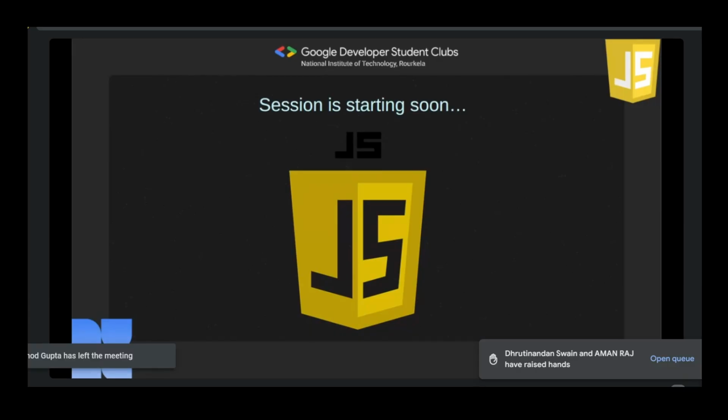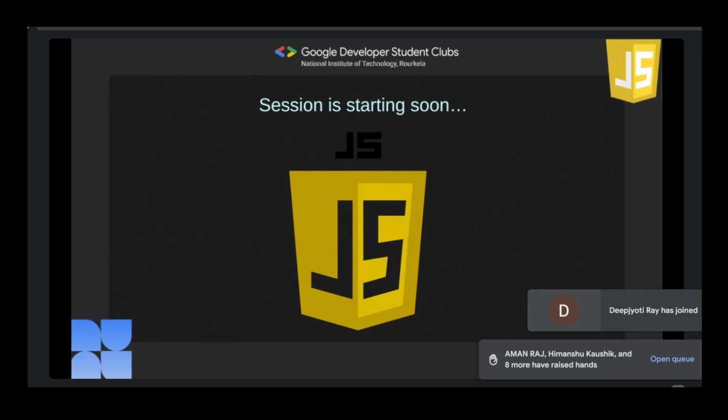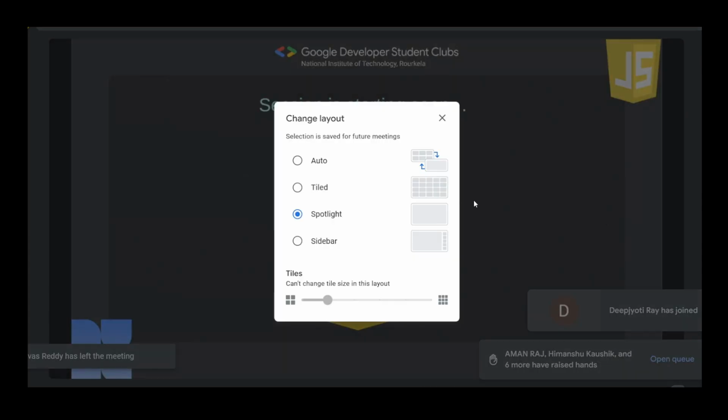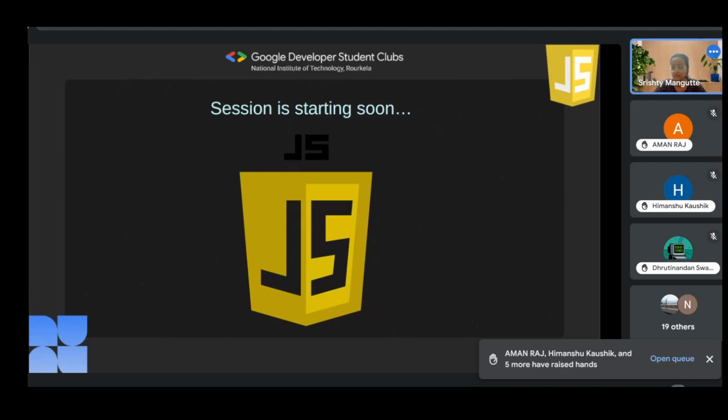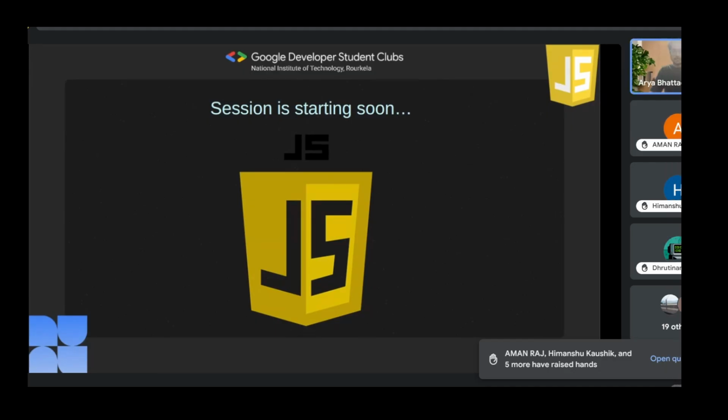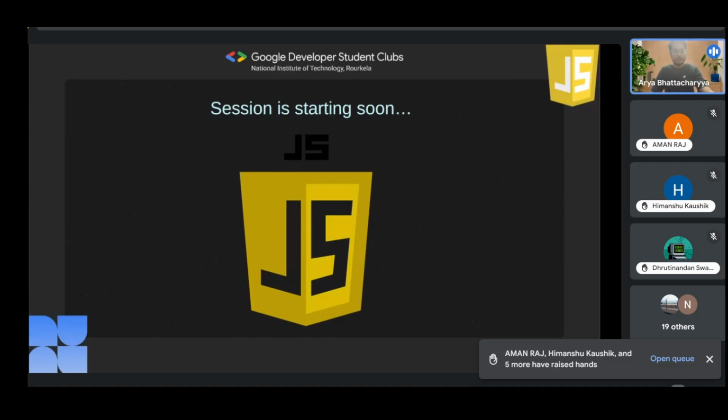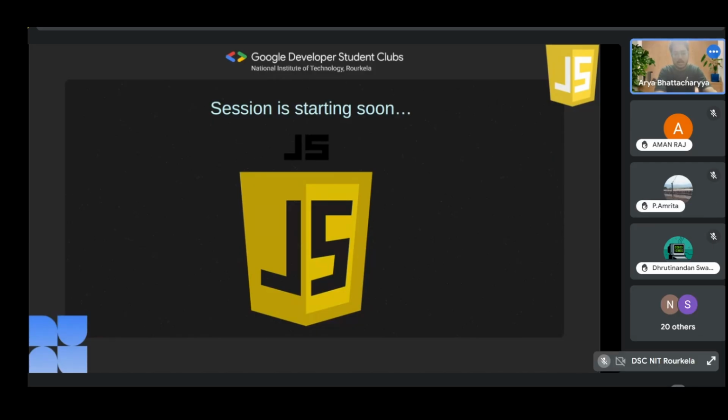All right. How many here are from first year? I can see only Dhruti and Aman. Guys, please raise your hands if you're from first year. Okay, cool. 8, 9 students. For the first years, it will be a very great session to begin with because, apart from the conventional way in which JS is actually taught, this is going to be really different, as Srishty said. That's something we are going to learn in this session, and I guess it will be very beneficial for all of you. You can put your hands down.